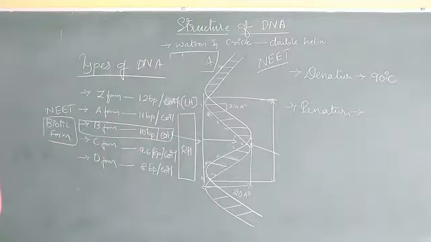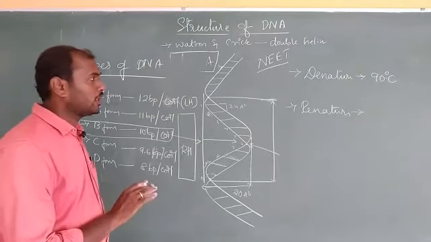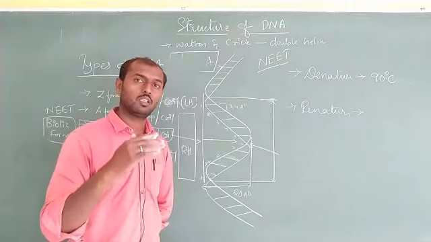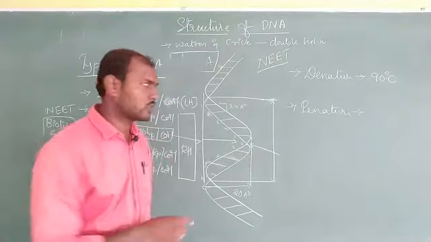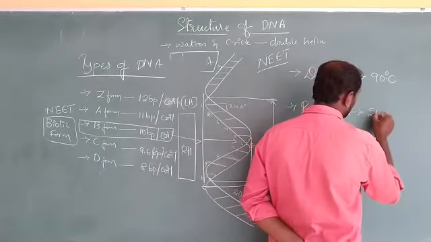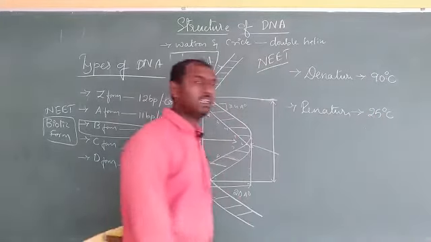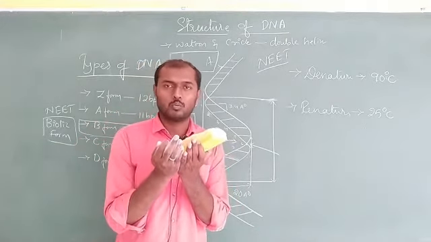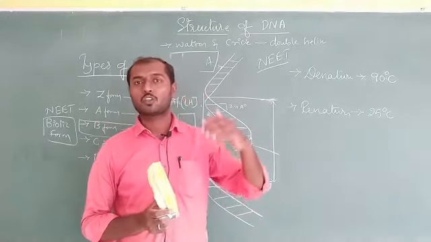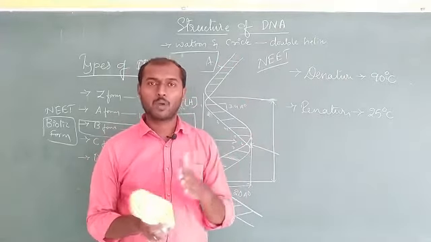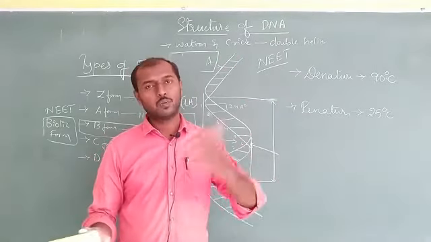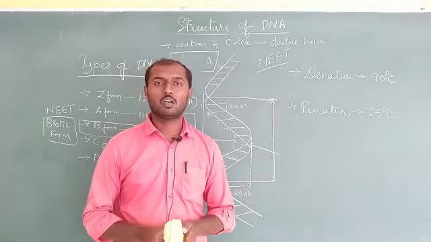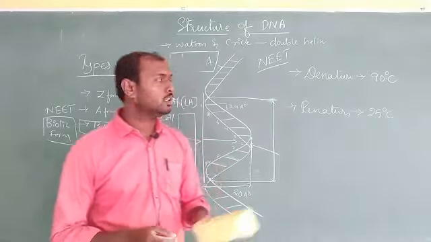Usually at room temperature, or laboratory temperature, the standard temperature, we can renature it. So it is around 25 degrees Celsius. There the DNA can reconstruct itself. The hydrogen bonds have to form again, if the denaturation time is not so high. If the time is not lengthy, then after immediately coming back to 25 degrees Celsius, it can easily reconstruct itself. That is what we call the renaturation of the DNA.